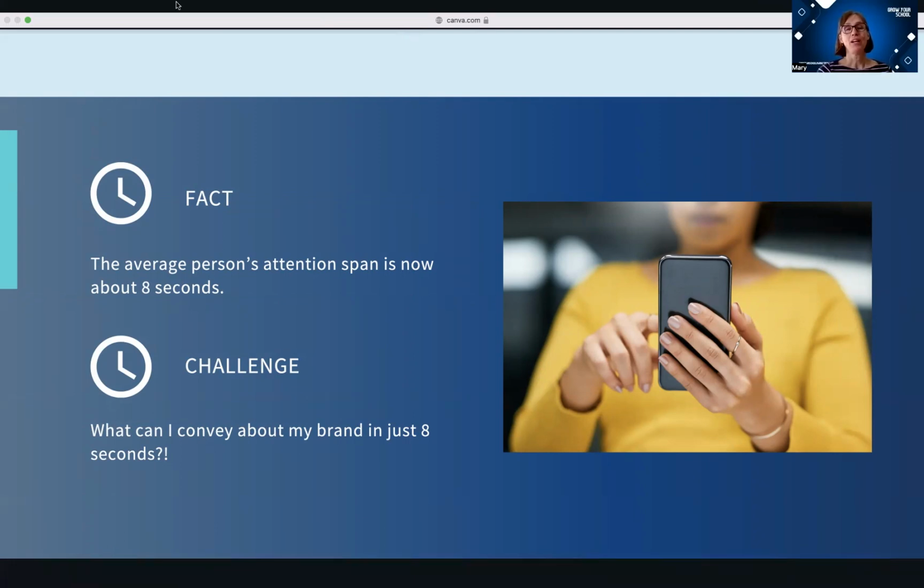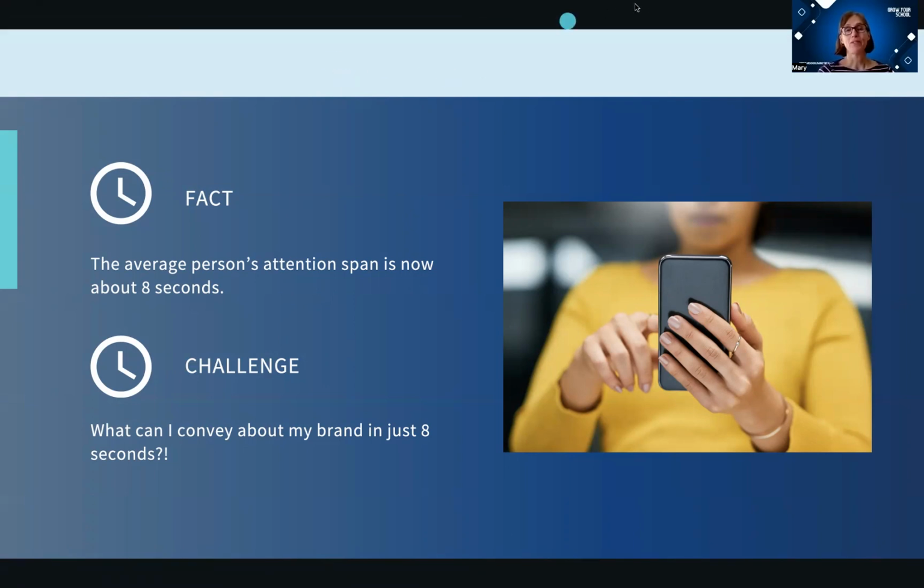So you don't have a lot of time to convey everything about your school, the benefits, and why parents should be interested. That's the challenge, and we're going to see how we can use that 8 seconds well to grab their attention and convey at least bits and pieces, to get them to stop.